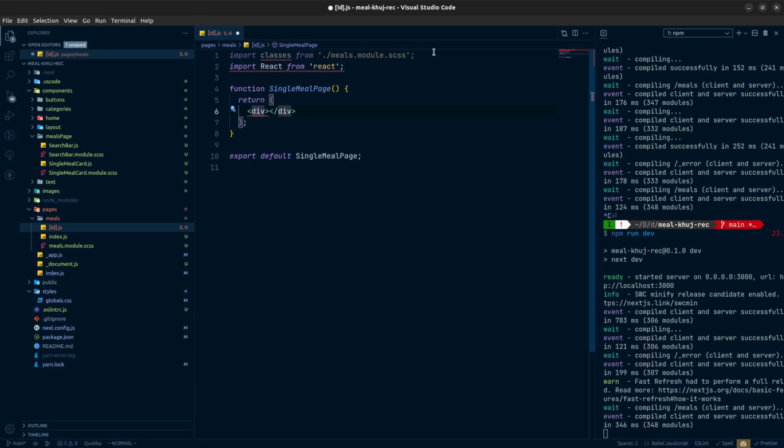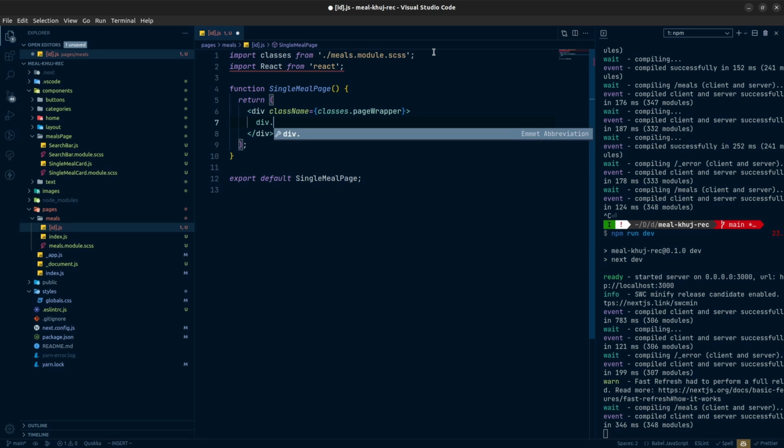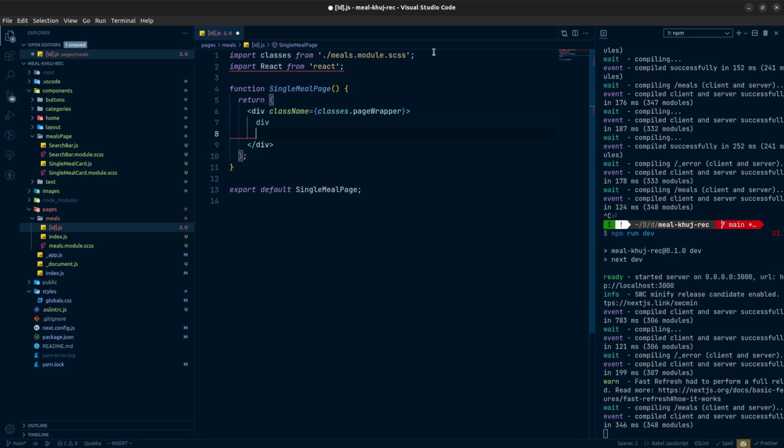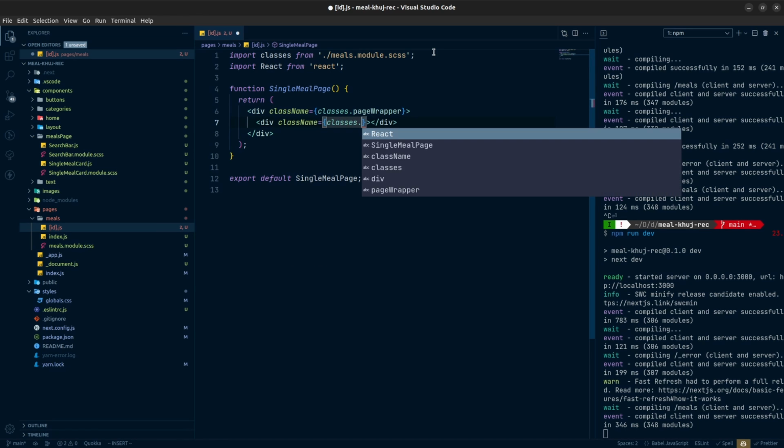Inside this div we need to create a className, which will be classes.pageWrapper. Inside the div, we'll have a div with a className of classes.topContainer,